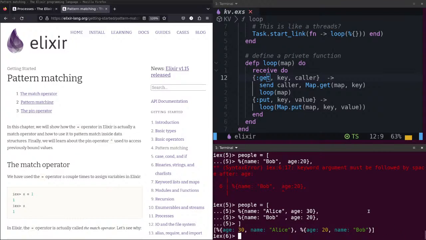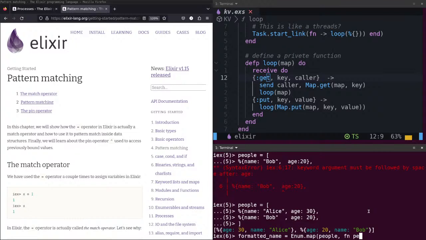Now, from our name, Enum.map, map people. Right? Define a function people.